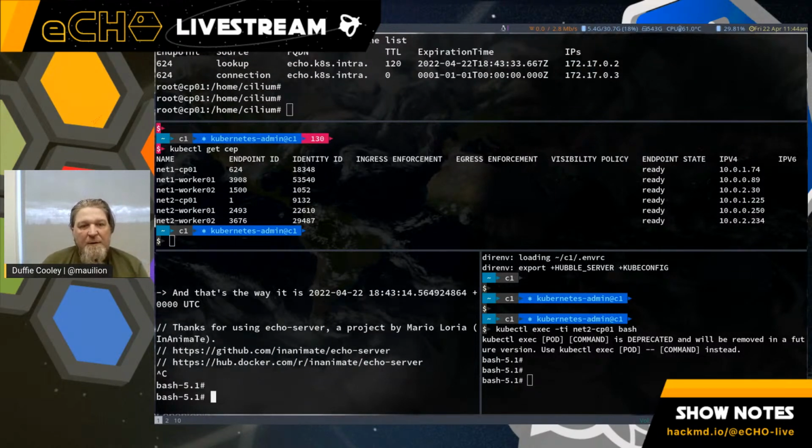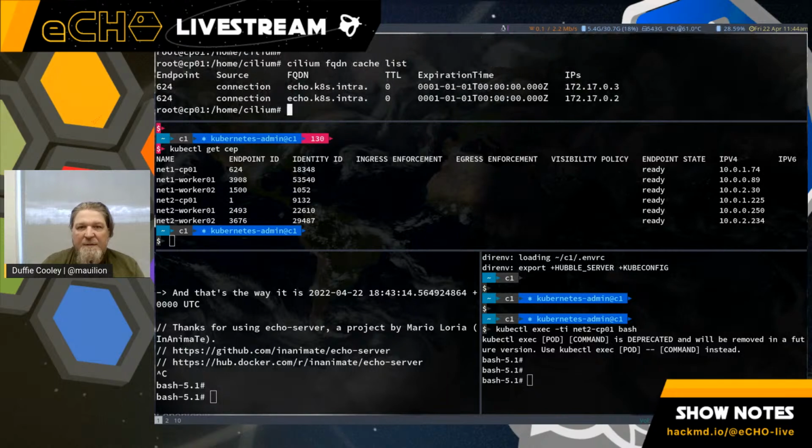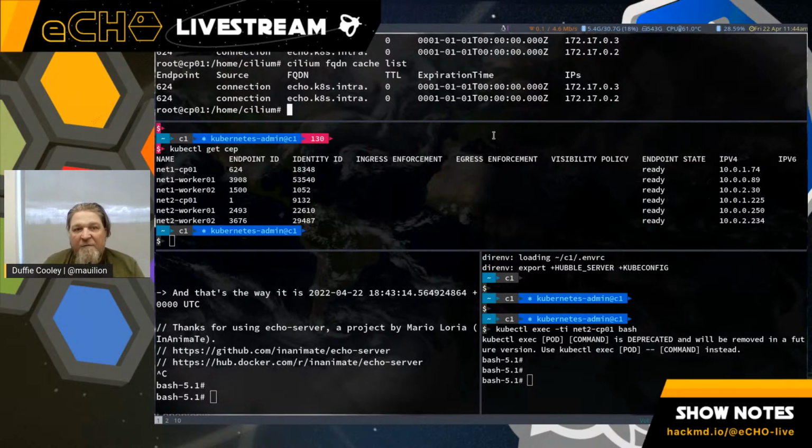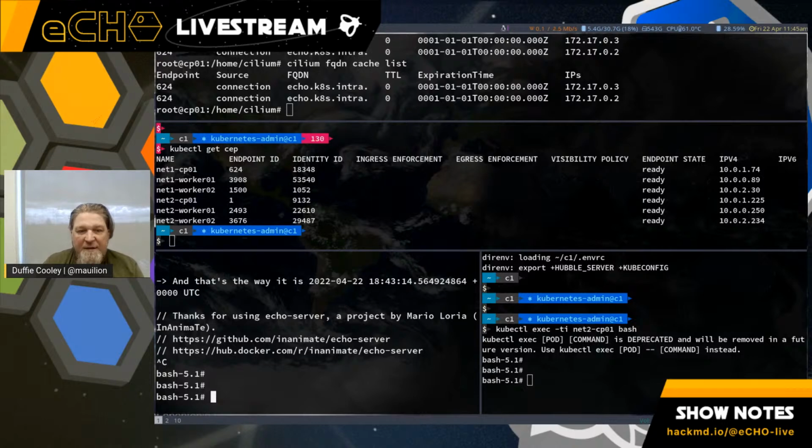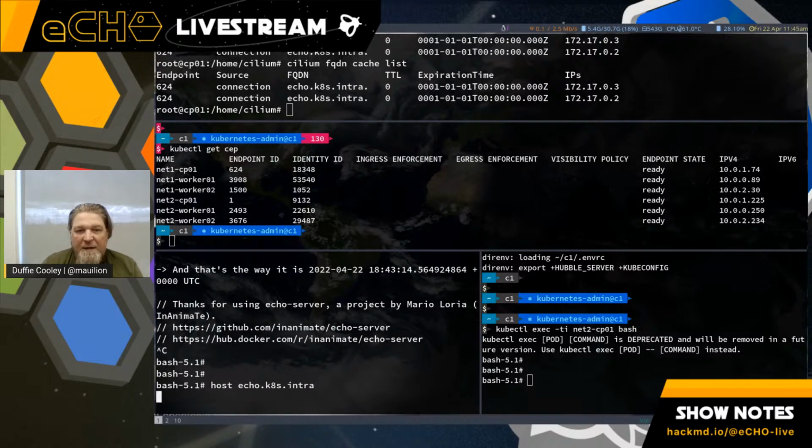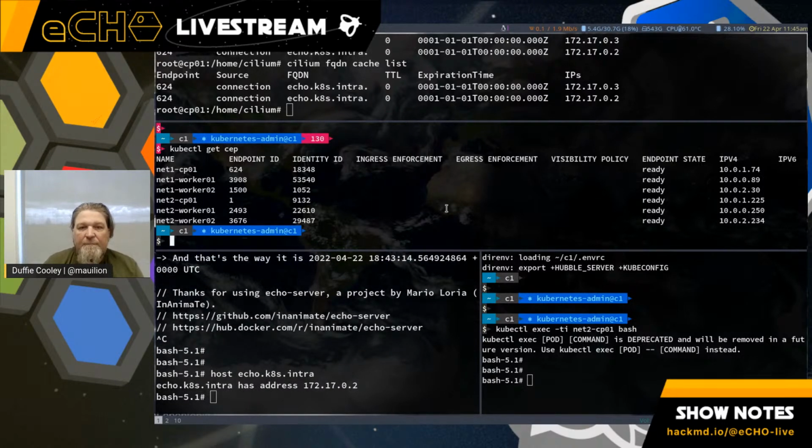All right, so we have our endpoint. So that's what I was saying. This endpoint, 624, can actually make use of it. We can see that policy still there. Actually, you can see that both of them have aged out. Now, one thing that's neat is if I go ahead and make that same lookup again, we're going to be able to see that it changes back to lookup.